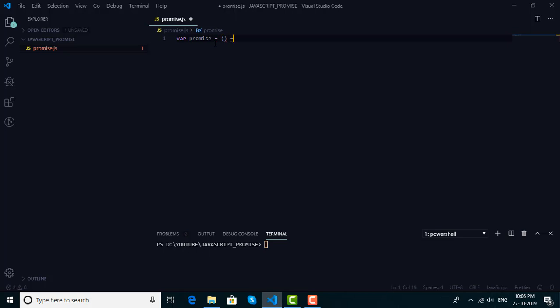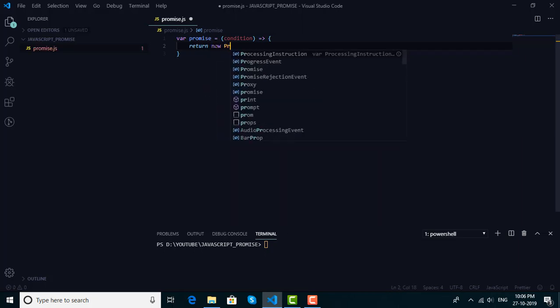So let's define this. This is the syntax of an arrow function. Let's pass an argument here, name it condition, and now this function will return a promise. So return new Promise,